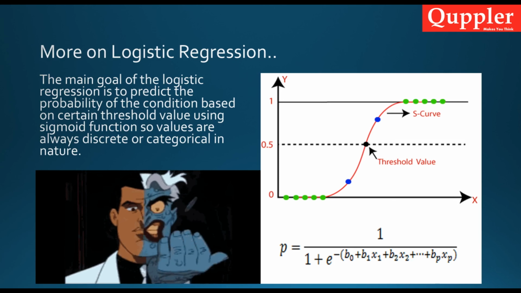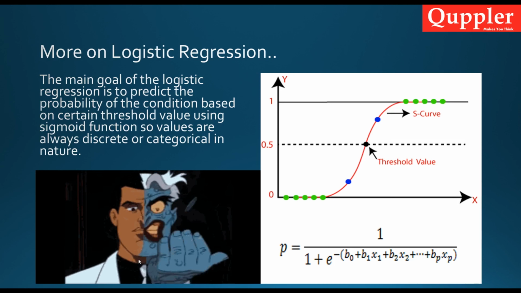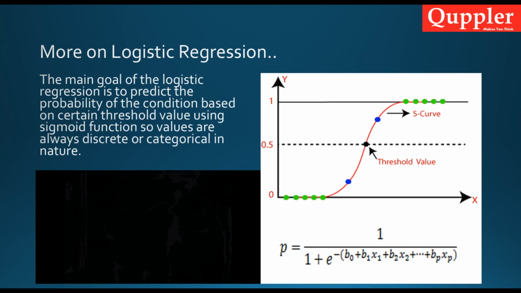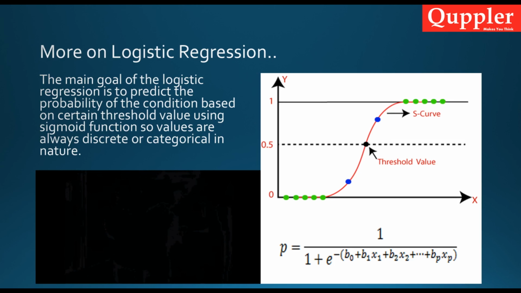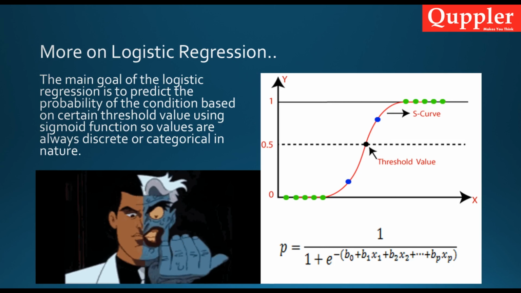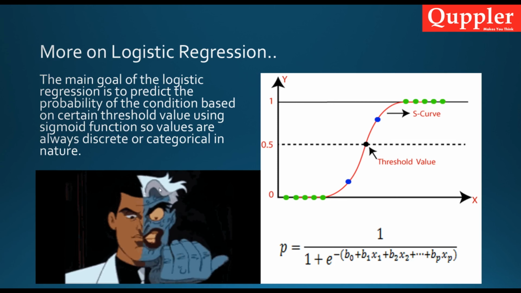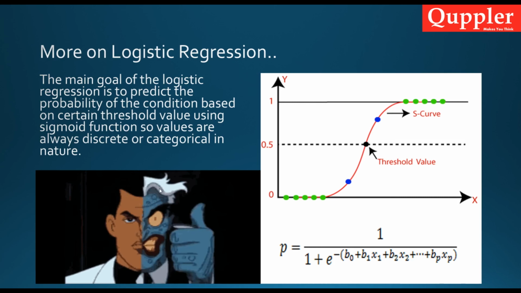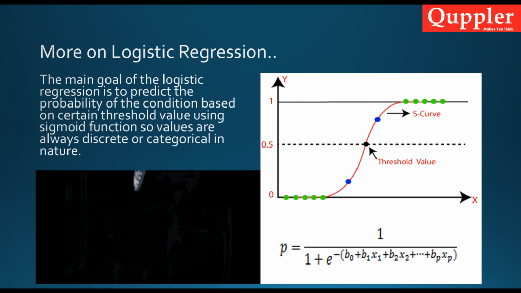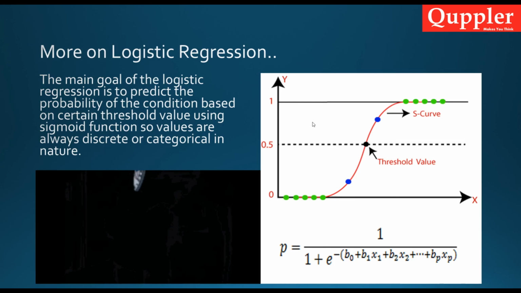So the part from where here, if it divides his face into two parts, that particular line we can call the threshold line or the threshold value. For that line, if you see the half face, it's saying he is a good man, and the other half face says he is a devil. Similarly, the same concept applies to logistic regression.